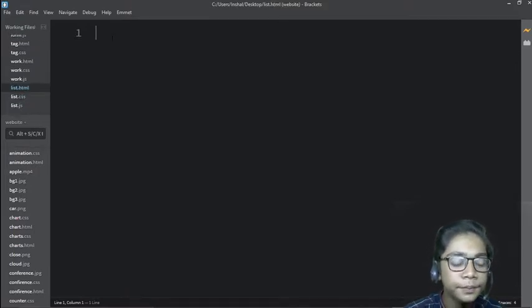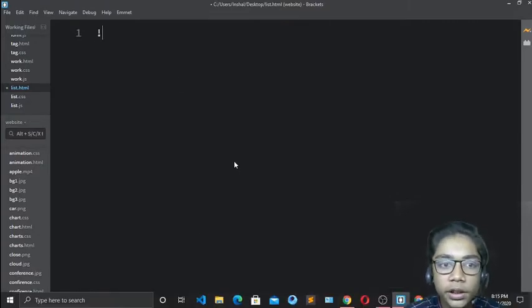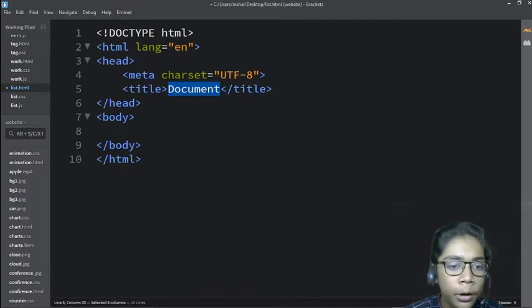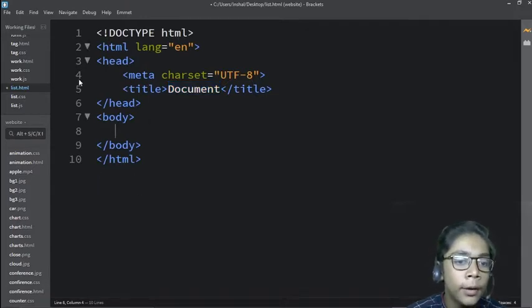When you have done that, we first have to create the HTML code. I will write this sign, and to create it you have to press tab, and you can see we have gotten all the starting HTML code we want. Now we have to link our style sheet, so we can write all the CSS code in our style sheet.